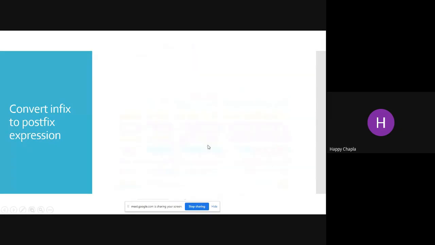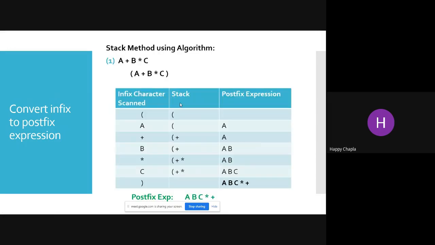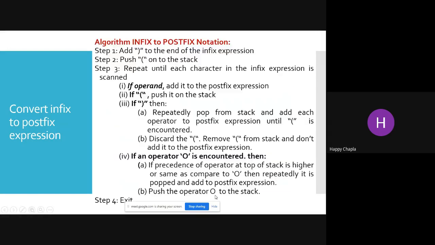We had already discussed that if a question has a starting and a closing bracket, in the postfix expression we don't need to put those brackets. The same rule applies here: there is no starting or closing bracket in my postfix notation.